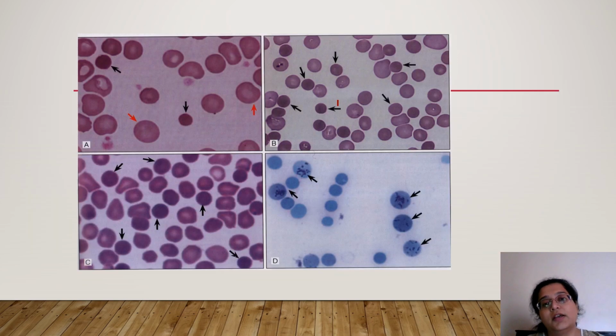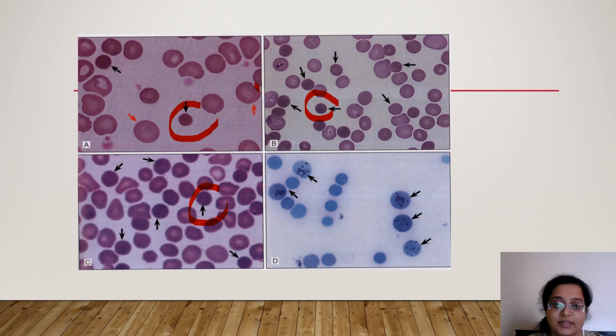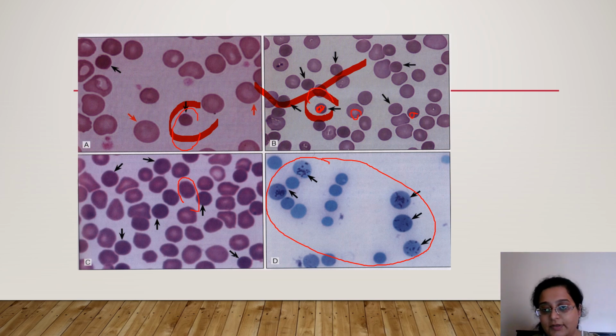So coming to the images, these cells that you see in the smear are spherocytes. Mostly actually these. So what you see in the smear over here, these are spherocytes. Okay. And the best way to recognize is it is a dark salmon pink colored cell without any central pallor. See here there is a central pallor, here there is no central pallor. Same over here. Okay. And then you go for the retic count. Since it is a hemolytic process, the retic count will be increased. Okay.